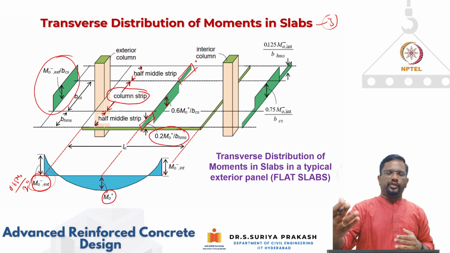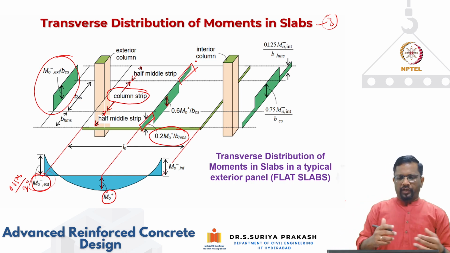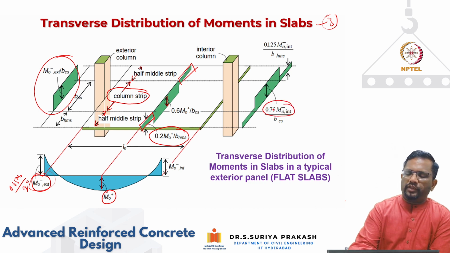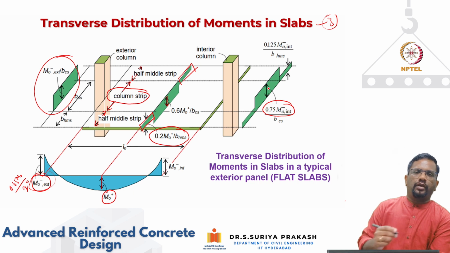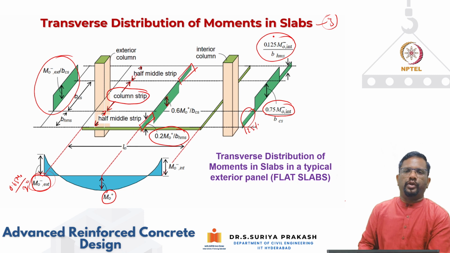That is half middle strip on the left side and half middle strip on the right side. Now let us look at what happens to the interior moment, the interior column. So you see here 75% of the interior negative moment is accounted in column strip only. Only the remaining 25% I am putting as 12.5 percent here and 12.5 percent here, that works out to be 0.125